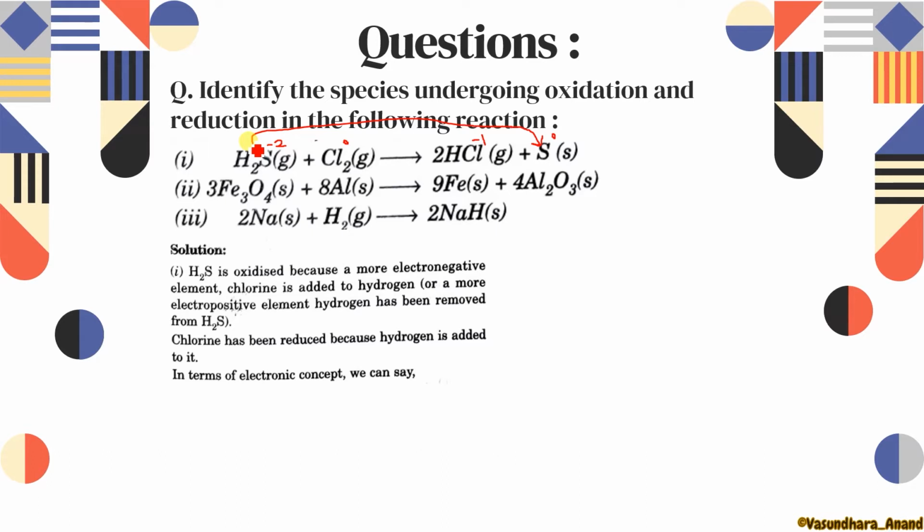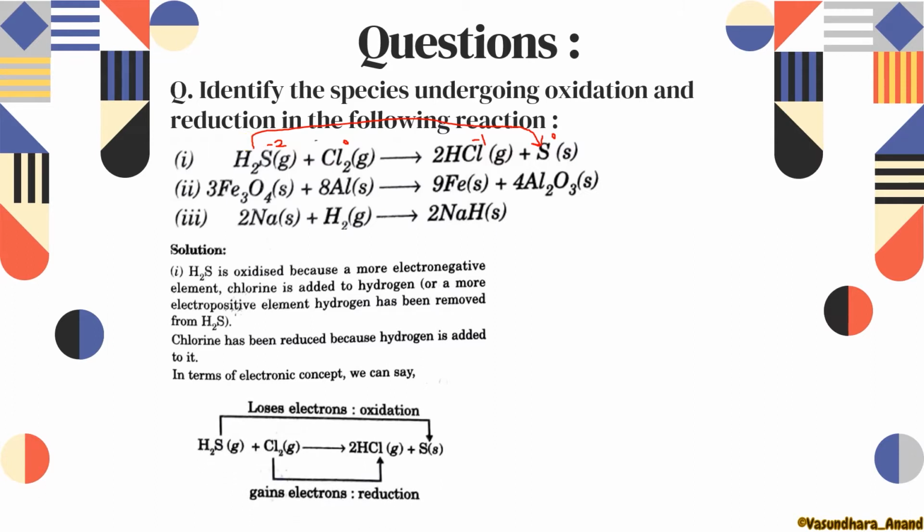Yes. Now the next concept is Fe3O4. If you find the oxidation number, Fe3O4 is here in the 8/3 state. Although it is not possible, I will tell you in this video why it will not be 8/3. But here just find it, by whatever calculation we have learned. According to that we will get 8/3, and here Fe is in 0.